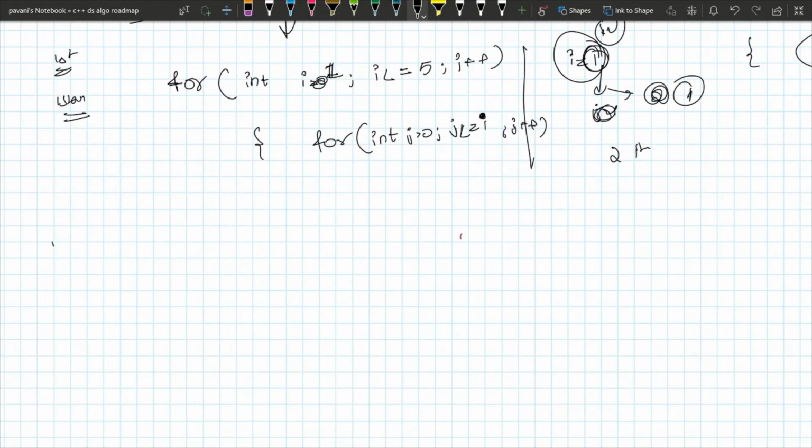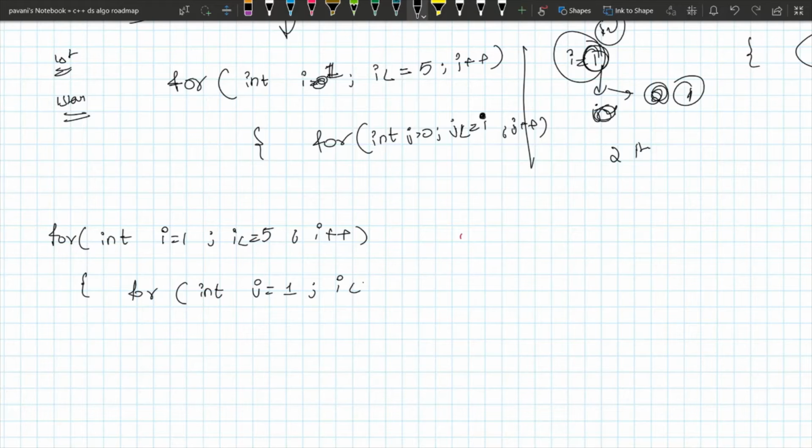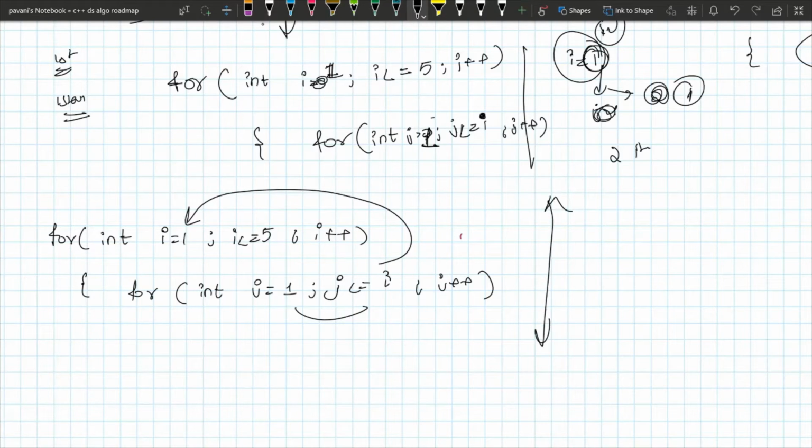I'll write over here: for int i equal to 1, i less than or equal to 5, i plus plus; for int j equal to 1, j less than or equal to i, j plus plus. j equal to 1 over here also, okay? If you kept j equal to 0, you should keep j less than i. The number of iterations of j are equal to the row number. That's the main point what I am discussing from the beginning, because in the first row there